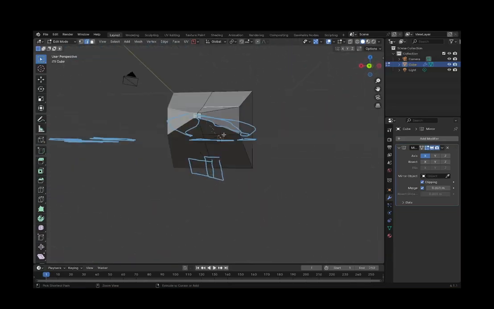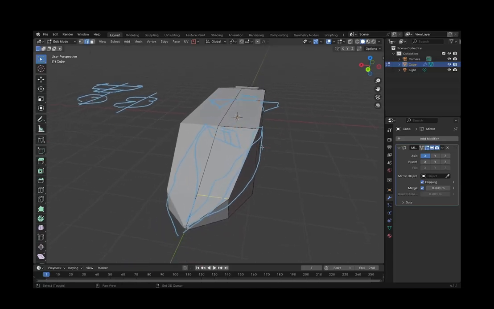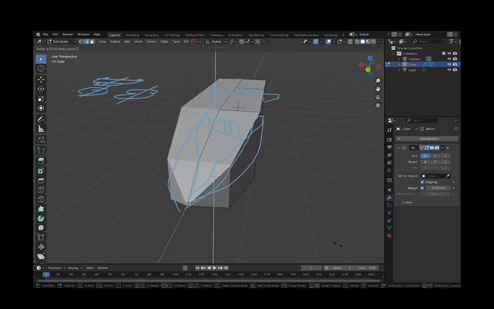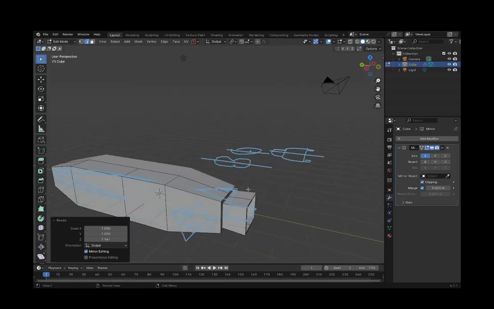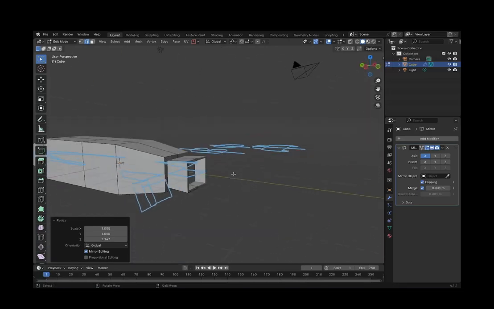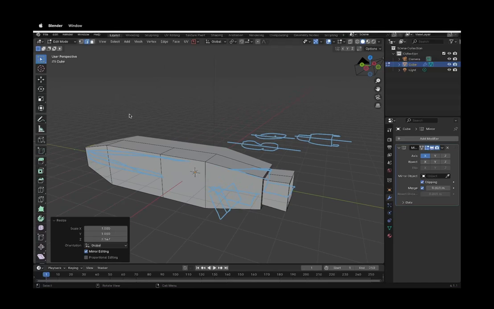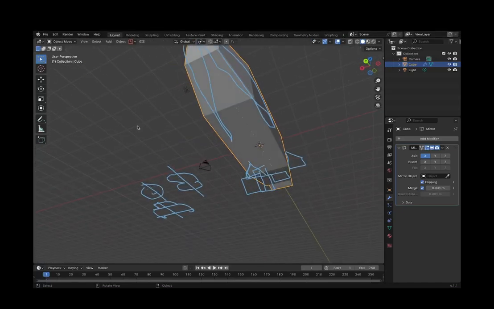I'm just fixing the fact that a spaceship has a very bad front, so don't mind this. Much better. So now we have something that looks a little bit like a spaceship.